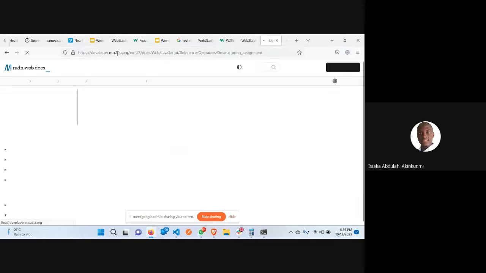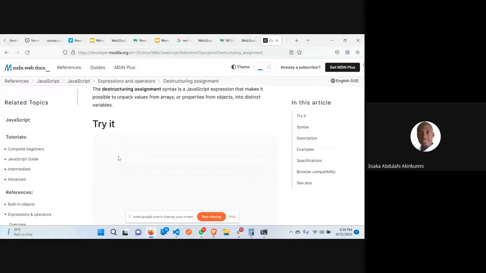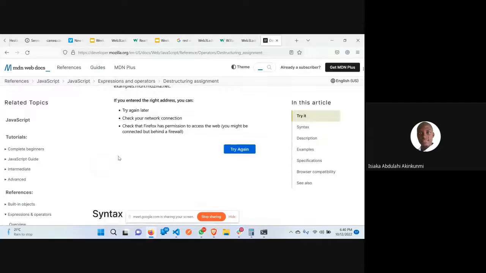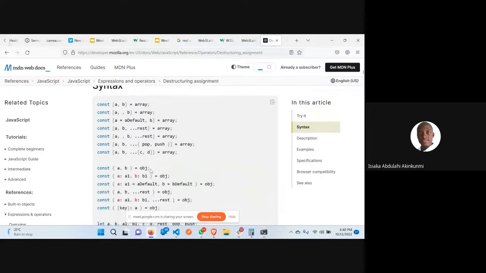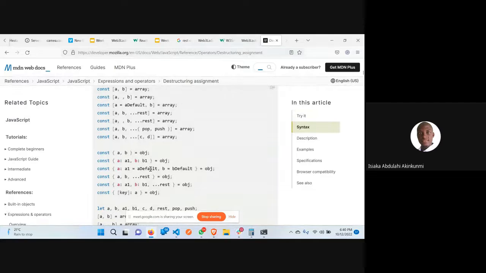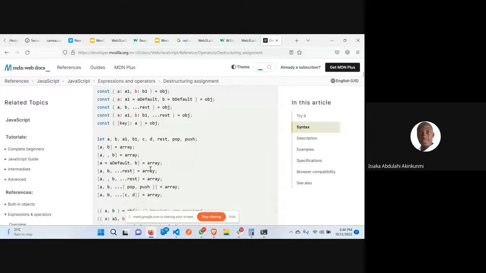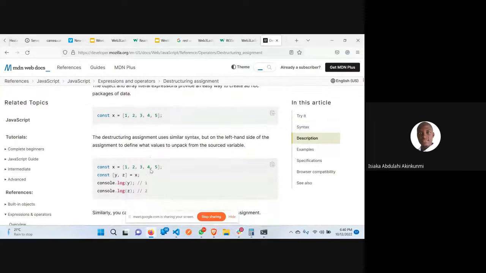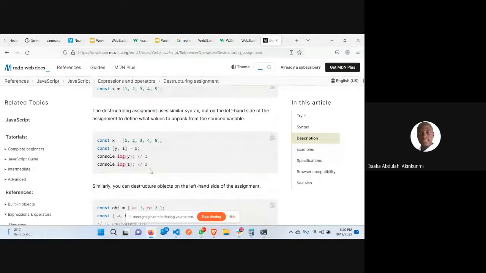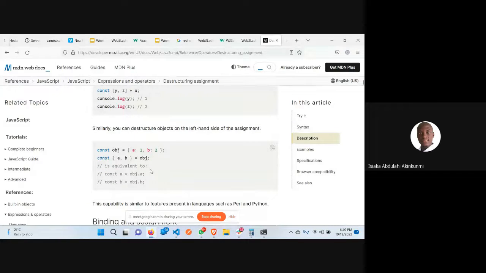Let's take a look at this document here. I always prefer you using W3Schools. Now, if you can see it, this is how to destructure. You can also destructure from an object. Likewise, you can also use rest too. For example, now,